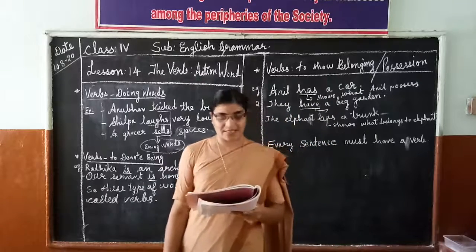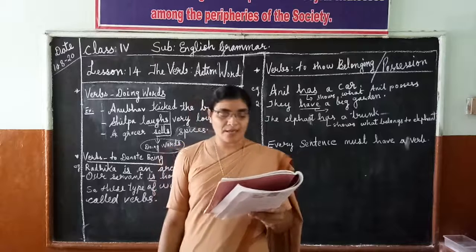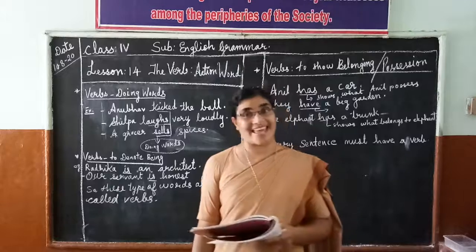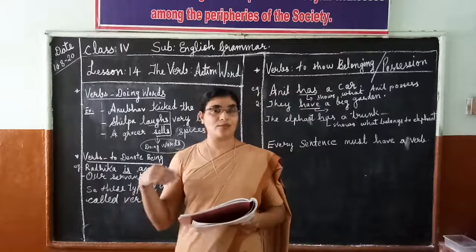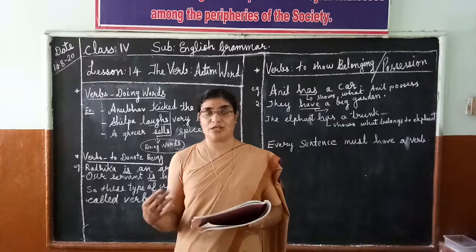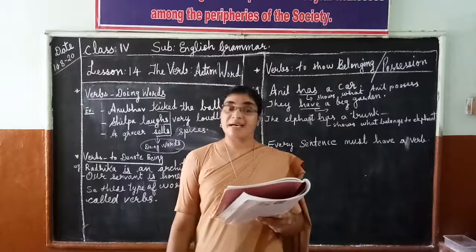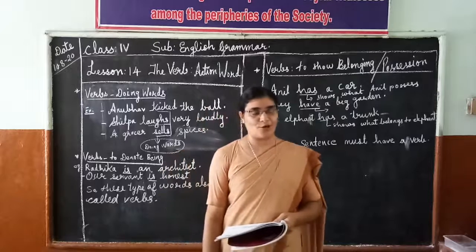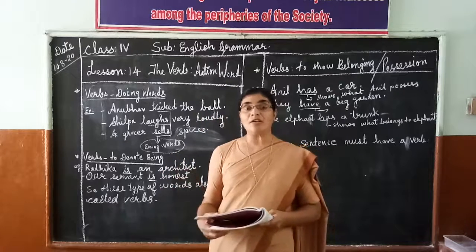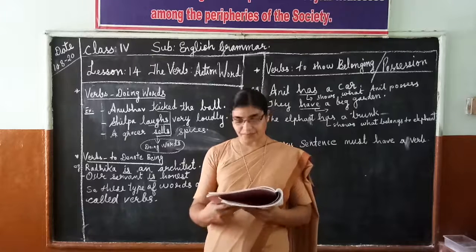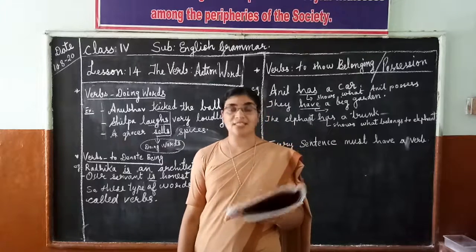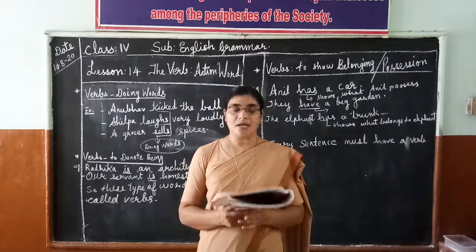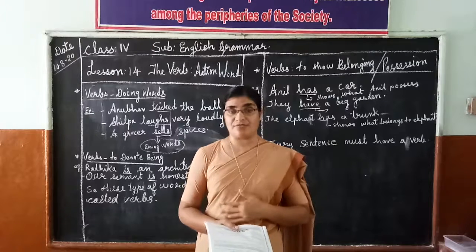So this type of sentence also shows us a verb. Since the verb is used to say something, it is also called a saying word. The verb also says something about the subject, so it is also known as the saying word. Verb is the most important part of a sentence. I told you, without the verb we cannot form a complete proper sentence. It is a very important part of the sentence.